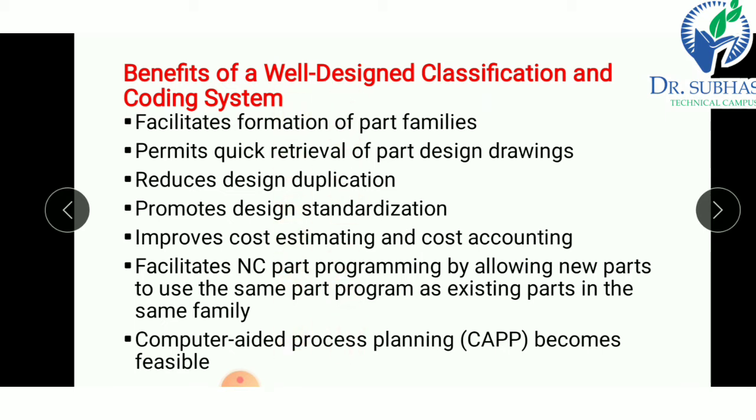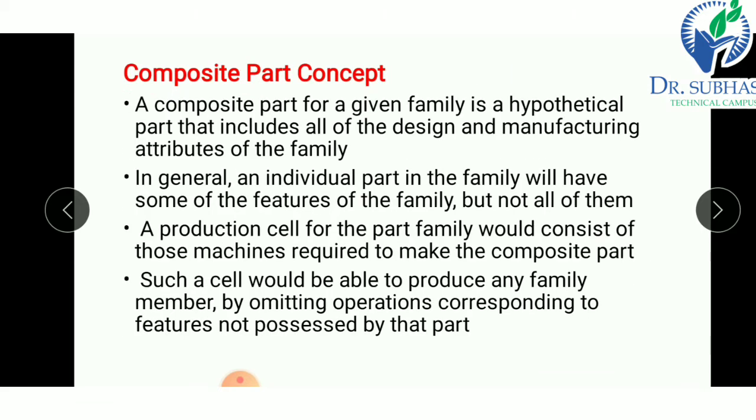Now let us see another method, the composite part concept. We know that sometimes we use design attributes and sometimes we use manufacturing attributes. We know that the visual inspection method and the part classification and coding system use